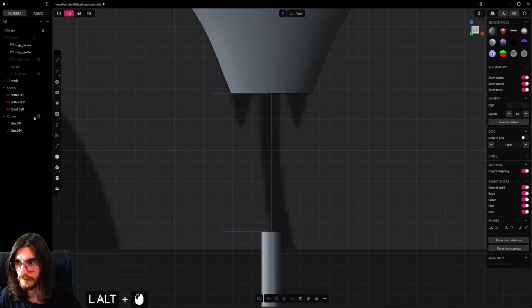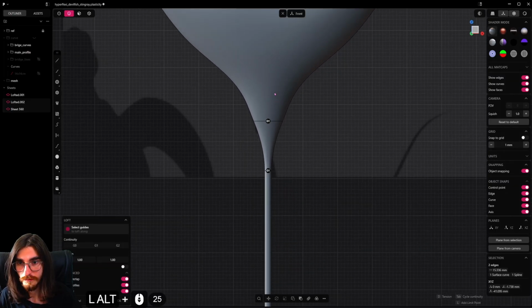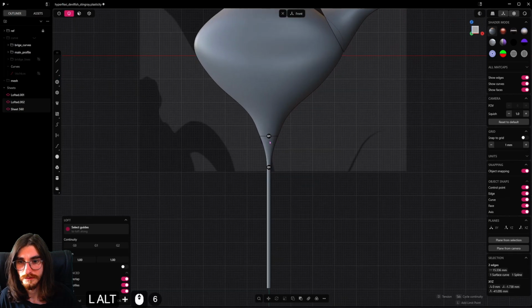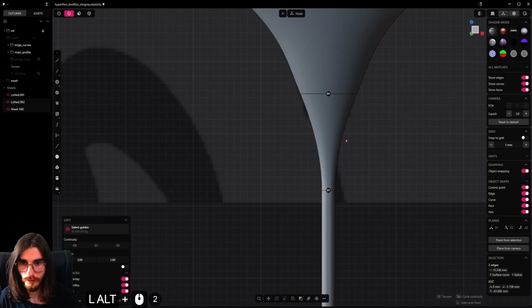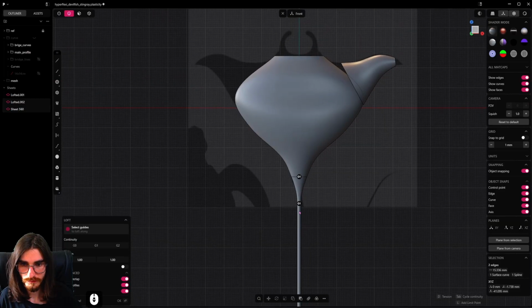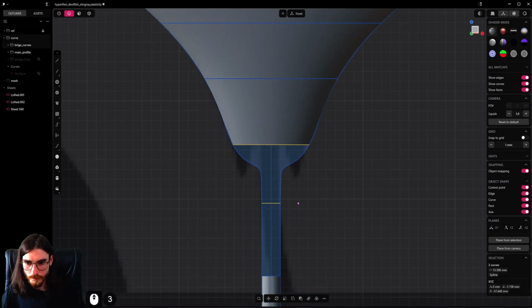Just hide everything here. I will delete these two things. I will select this, drop a loft here. I love how this thing works just out of the box. This transition is very good. G2 is also superb. So if you want this type of S, you will need the curves, and you